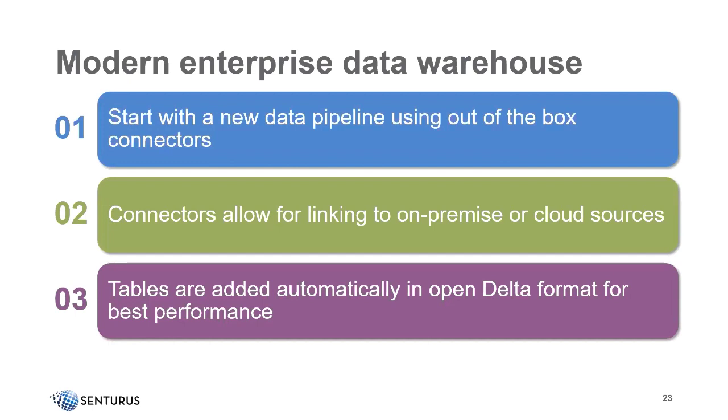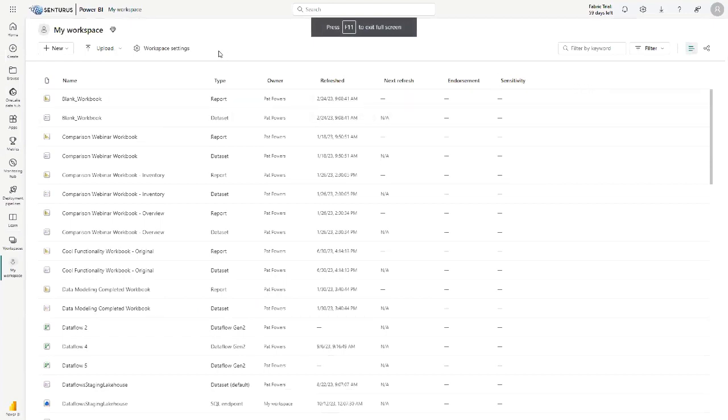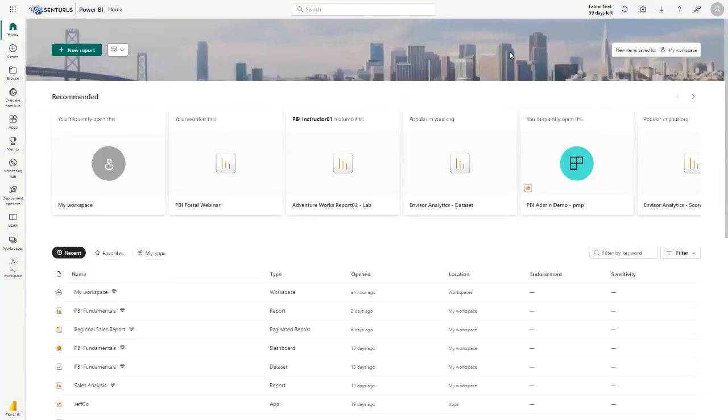Now, obviously, I didn't have time to read that article. I'm trusting it because it's coming from the Microsoft community. So let's see what this creates. Let's take a look at this. Okay. So here I am in my Fabric. Notice my Fabric workspace. Fabric is enabled here, which means that when I go to create,